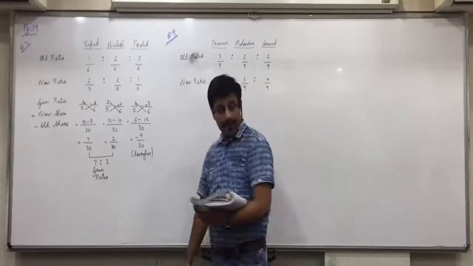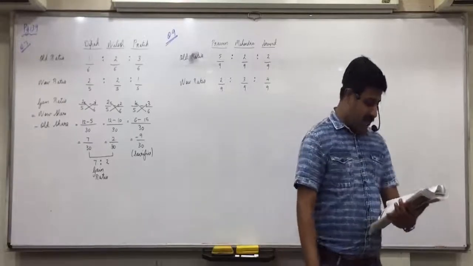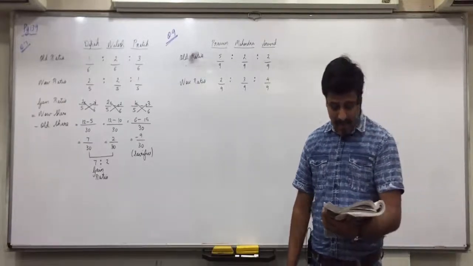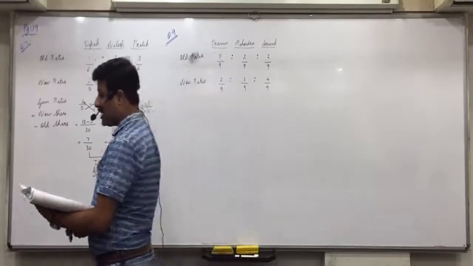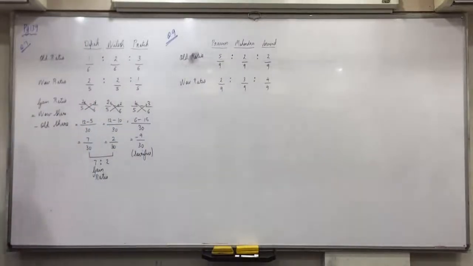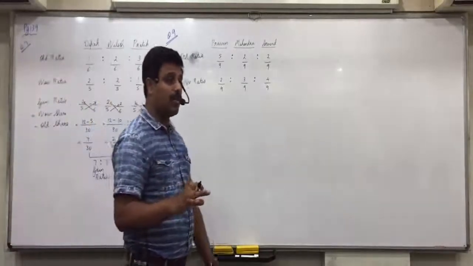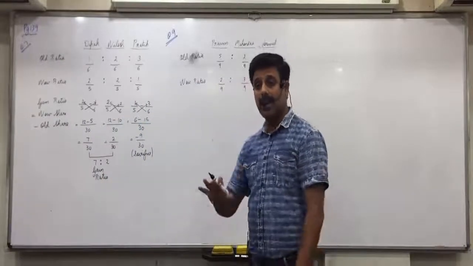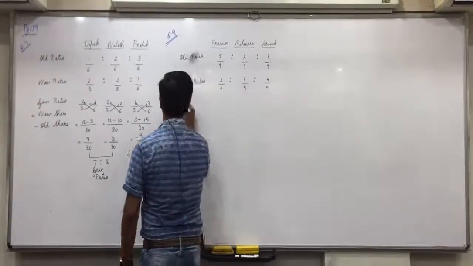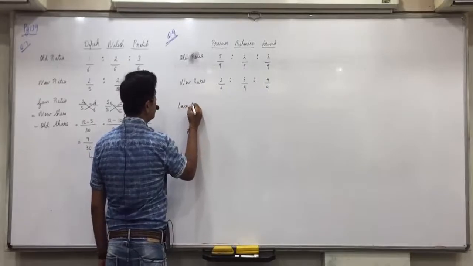Now, from this information, find out what sacrifice has been made by which partner, underlying using sacrifice formula. Means first we have to solve it using sacrifice formula. Then below that, from the above information, by using gain formula, find out what sacrifice has been made by which partner, underlying gain formula. Means we have to solve this 2 times. First using sacrifice ratio formula, then again we have to solve it using gain ratio formula. So first using sacrifice ratio formula.